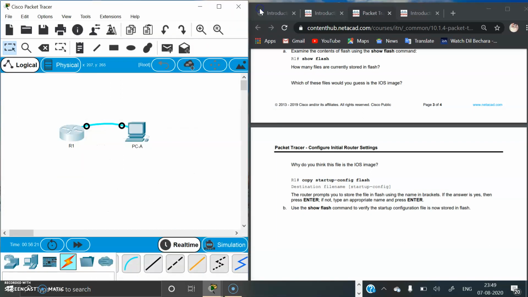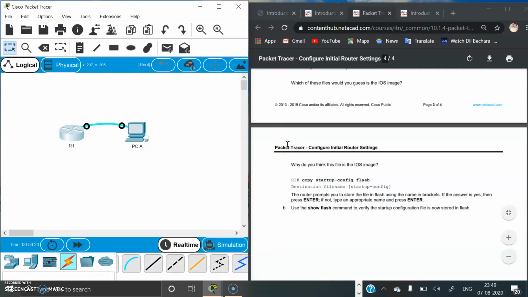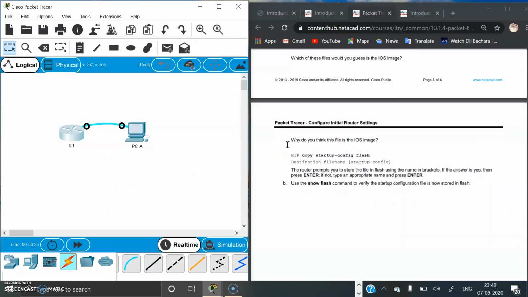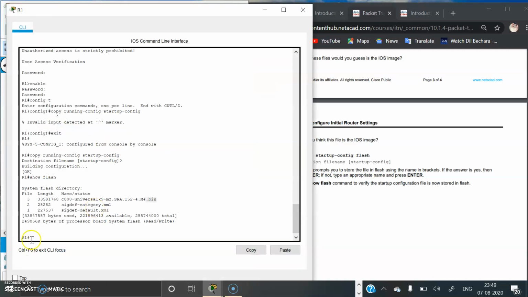Next, at last we are using the command copy startup-config flash, which means we are copying the data in the startup config to the flash. We will do that now. Okay, copy startup-config flash.